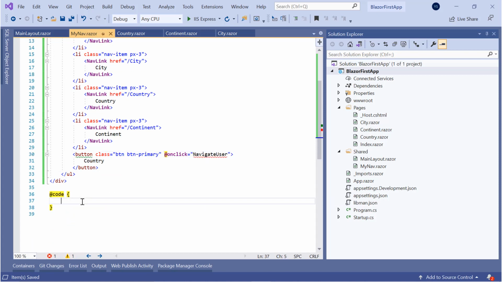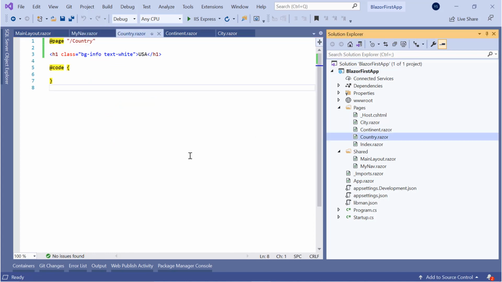And so now I add this function in my C# code, NavigateUser, and this is the function. And so on its click we want to navigate the user to this country.razor component.